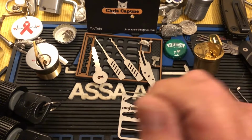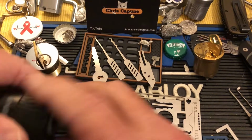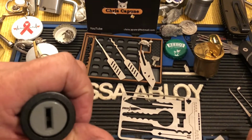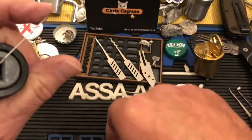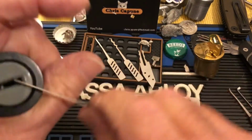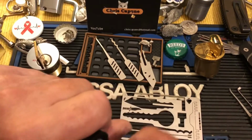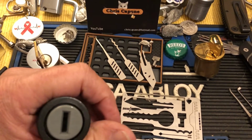What I did find was pretty cool and worked, I have to say, quite well. These are Sparrows ignition keys, like auto keys or auto locks. So I know these are just supposed to be jiggled, but I like to put a tensioner in, and this seems to work remarkably well. Now that's the easiest one, and this one's called a 6, and that's a tougher one. That's the bitting on that,